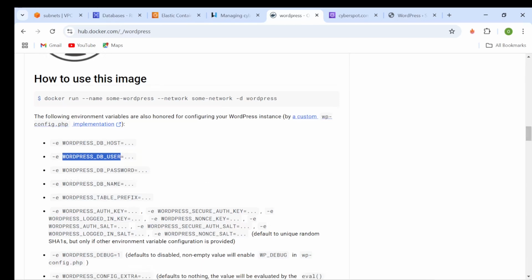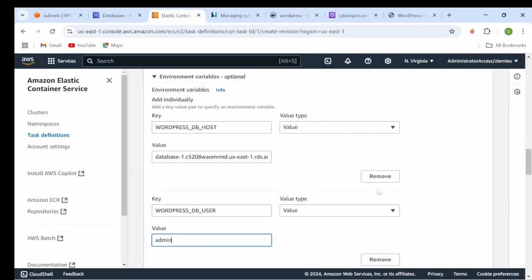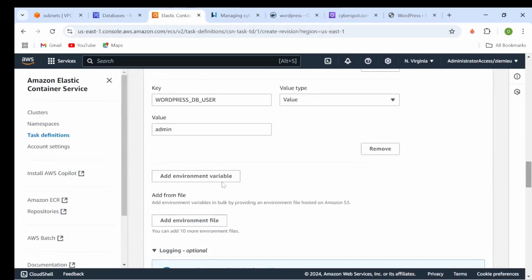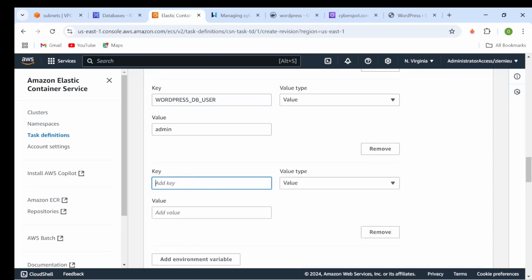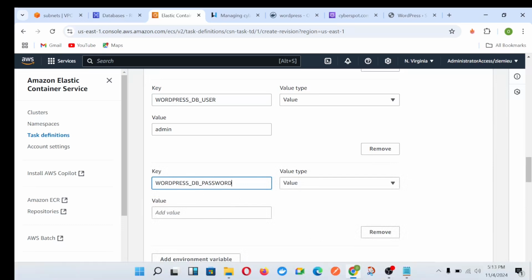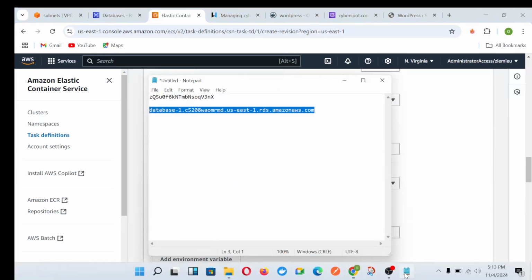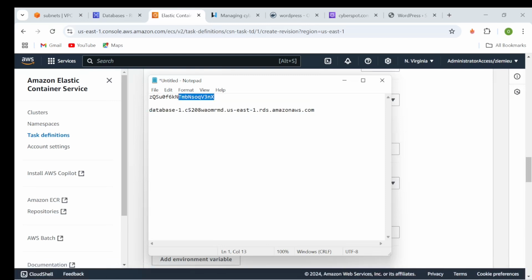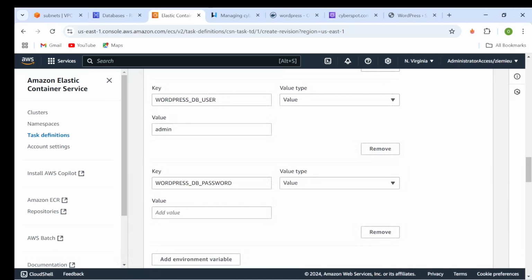So the WordPress database password, let's copy this and go back to our task definition. Let's add another environment variable. Let's paste the WordPress DB password. You come back to where you saved your password, you copy your password and you paste it in the value,